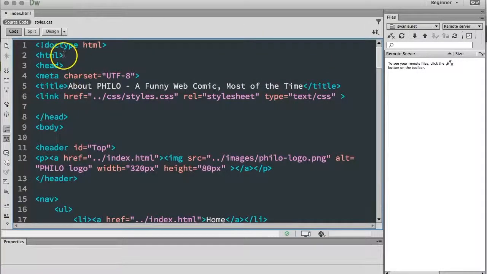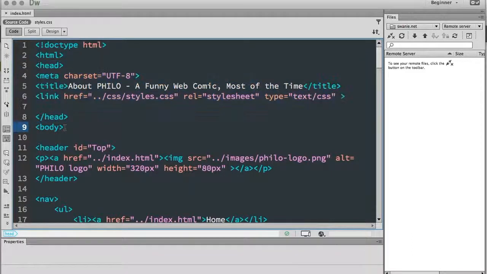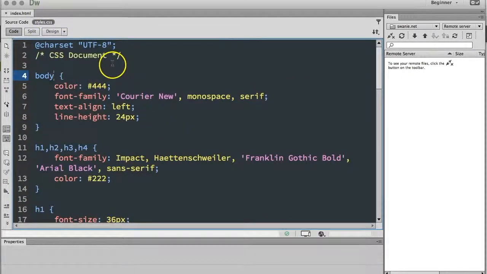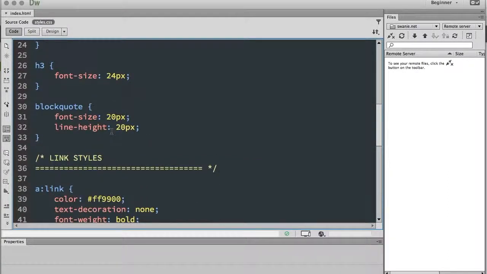Yes, but do so sparingly, because your head is also inside your HTML tag, and it probably won't affect anything in your head tags. It's probably pretty safe. But if you need to have something that visually applies to everything, it's probably easiest to style it in your body. And that's also why when we do our style sheets, body is almost always the first element that we style. And then we can have all of the regular elements after that be styled,